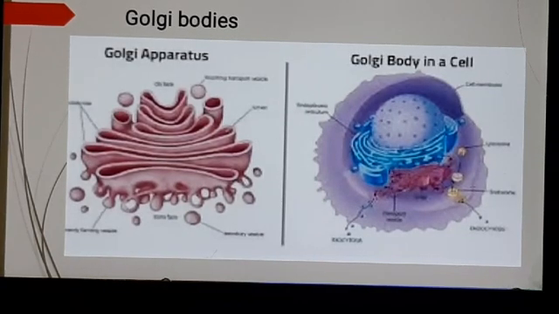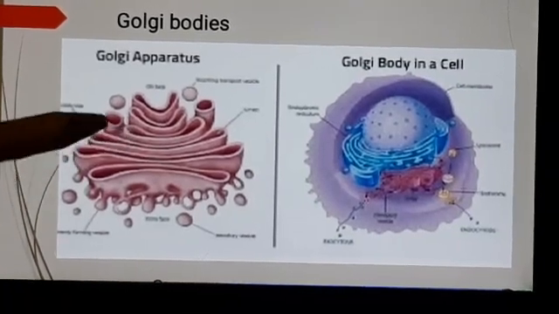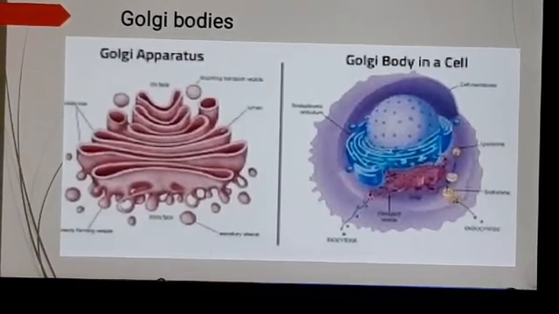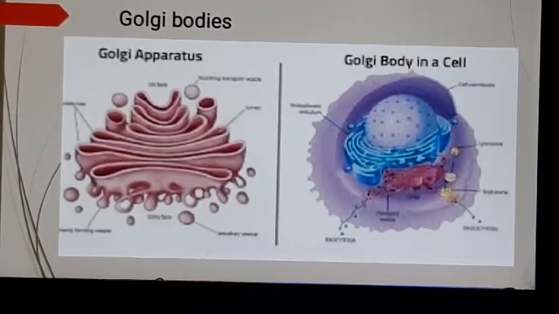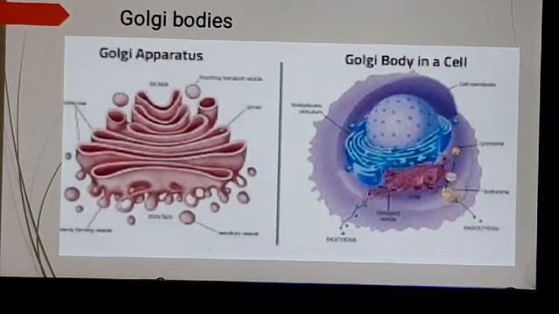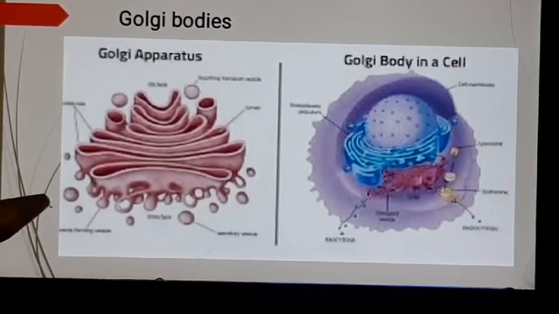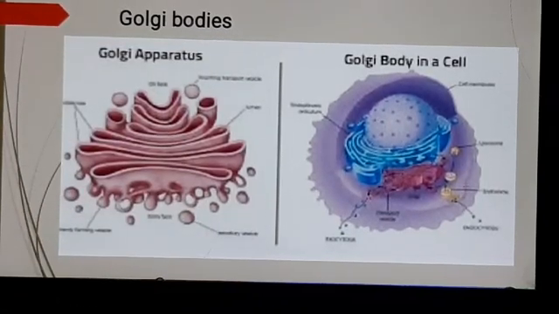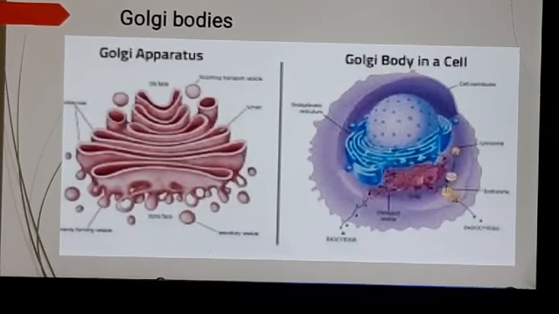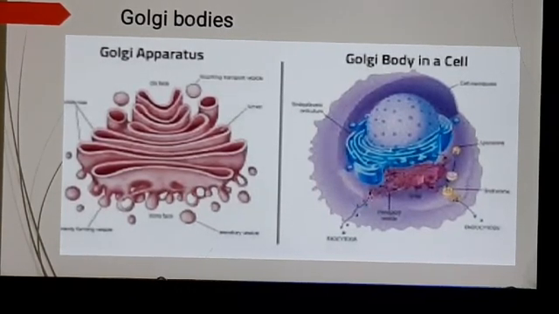Golgi bodies are compact, complex structures, and they are made of tubular fluid filled sacs. They are known as cisternae. These tube-like fluid filled structures are known as cisternae. And Golgi bodies also contain some small rounded vesicles. You can observe here in the diagram some small rounded vesicular structures. They are known as vesicles, and they are found attached to the Golgi bodies.